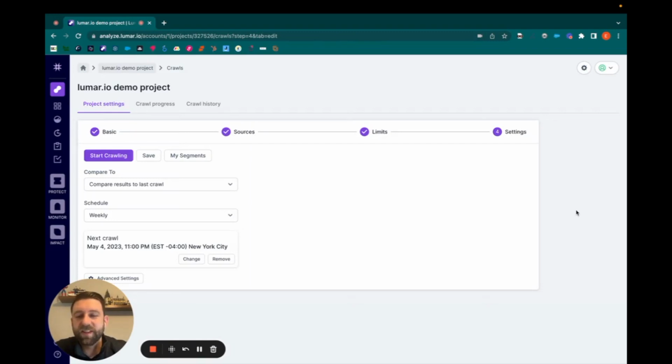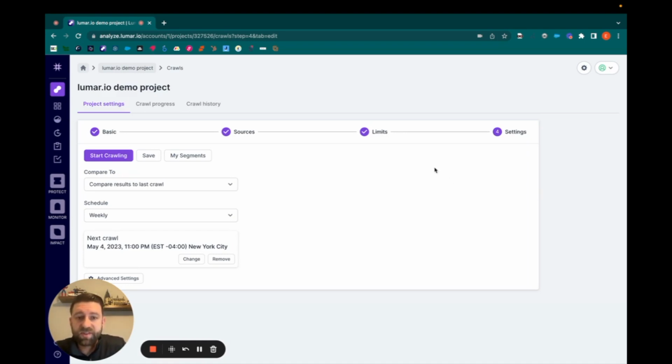Hi, everyone. I wanted to take a few minutes to walk you through the segments feature in the Analyze app, how to set them up, as well as how to view them in the dashboard. So segments are basically a way to pull different sections of the site or different URL paths into its own dashboard and an easy way to filter to different reports to really focus on the pages you want to see.